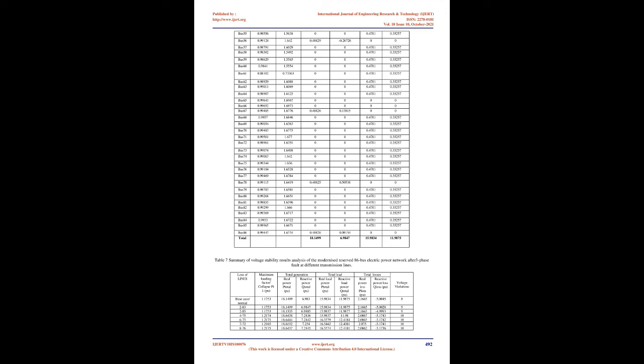These continuation power flow results of the modernized reserved 86-bus electric power network, recorded under normal operating conditions and after three-phase faults at all generator buses and all lines, indicated better voltage profile, better power quality, huge generation capacity and adequate power evacuation corridor. After a three-phase fault at generator bus 2, the weakest bus is bus 52, Damaturu TS bus, with voltage profile of 0.8051 pu, 265.68 kV. Other weak buses include bus 43, Kashimbila 1 Hydro PS bus, and bus 48, Kashimbila Hydro